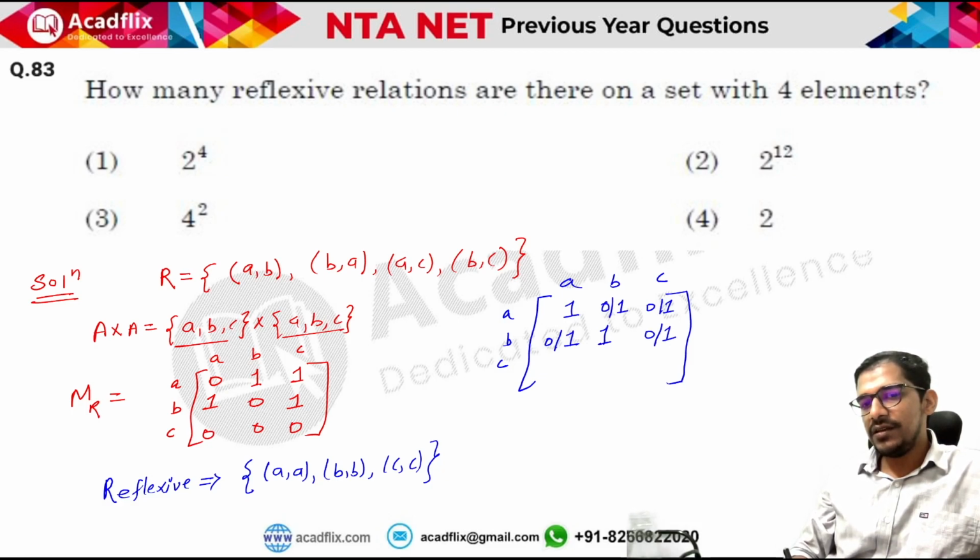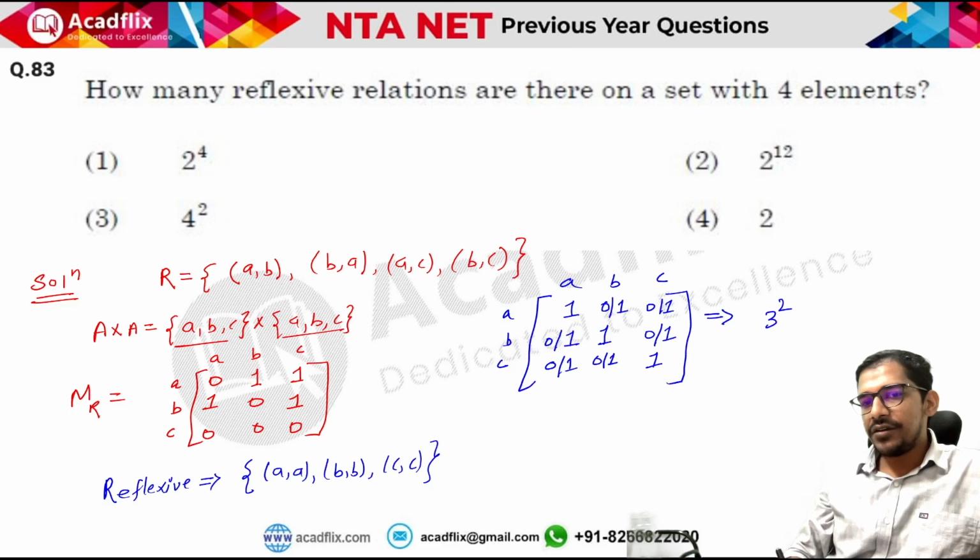Same thing with the CA, may be in the relation or may not be in the relation, right? So like this, this last element needs to be 1 because CC needs to be in the relation if the relation needs to be reflexive. So you will see that there are total 3 into 3, that is 9 entries in this relation, right? There are total 3 to the power 2 entries, that is total 9 entries.